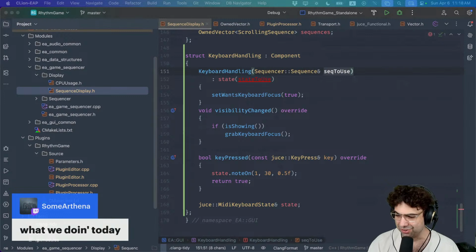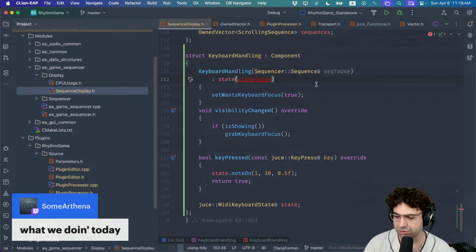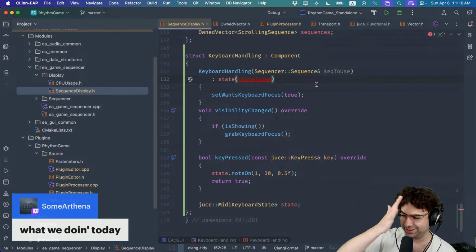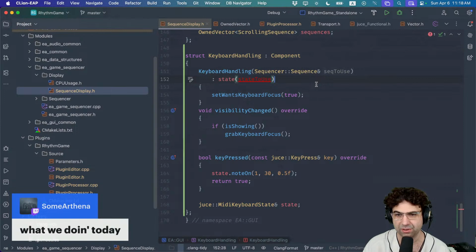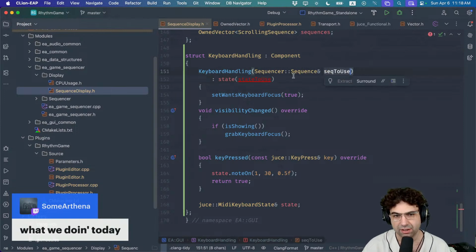What are we doing today? So I'm working on a little rhythm game. I can't even show this right now, but I'll show a bit later. What I wrote up until now is a sequencer. I wrote a visualizer for that sequencer that does side scrolling for notes. I wrote a bunch of things around it. I wrote this little synth for this to work, and then